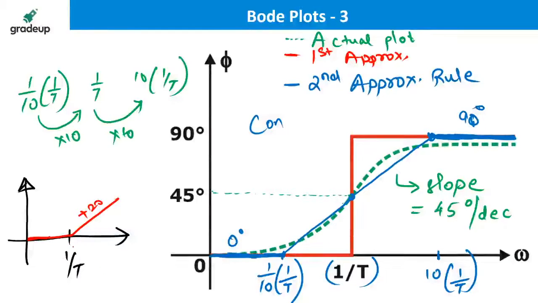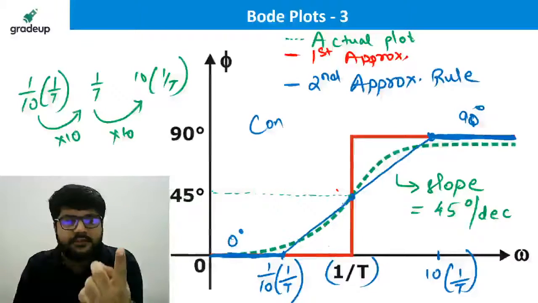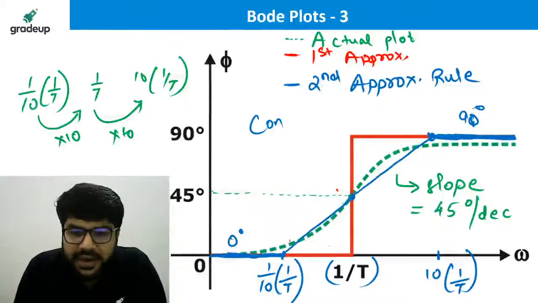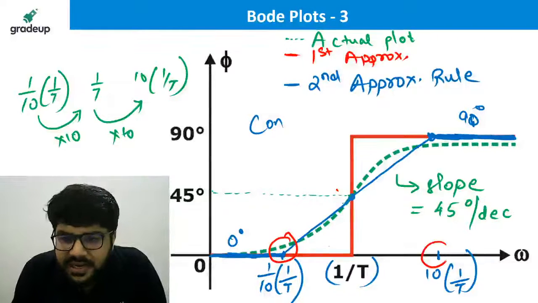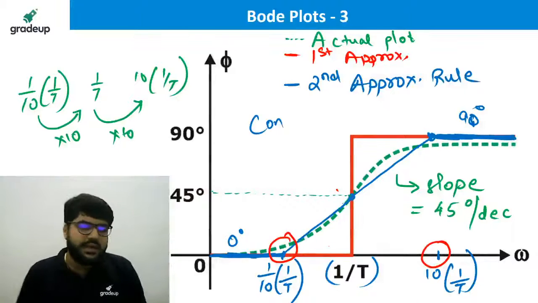That means when I sketch the magnitude plot, at the one corner frequency there is one slope change. But here in the phase plot, with respect to one corner frequency, first of all there is no slope change at the corner frequency. Here it is a continuous line moving. So no slope change at the corner frequency, but there is slope change at 2 points with respect to one corner frequency. And what are those 2 points? The 1/10 point and the 10 times point.